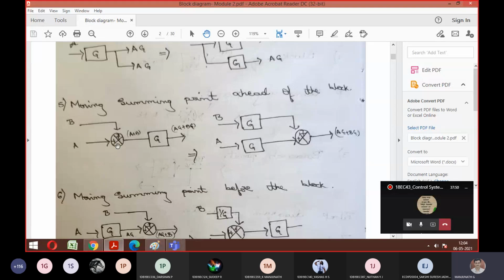Look here. A is one signal, B is one signal. Since both have plus plus, I have given A plus B. Then this A plus B combination is given to G. What is happening now? A plus B is one block, G is one block. So which rule will apply now? Combining blocks in cascade. Good. So the two blocks become a cascade block, and that is why after multiplication you got AG plus BG in this part. Is this LHS part okay? Shall I compare with the RHS now?